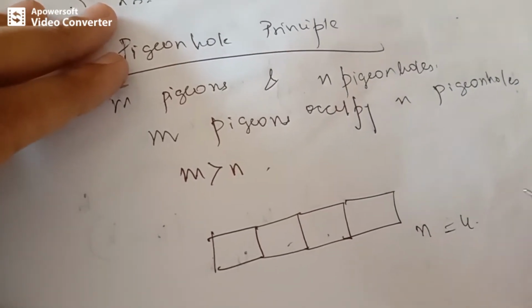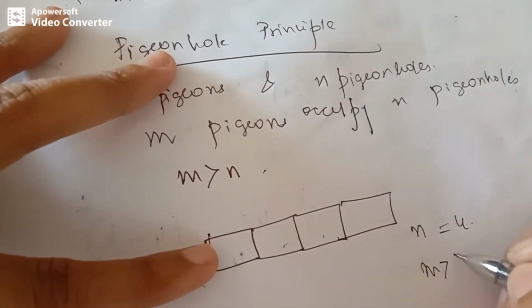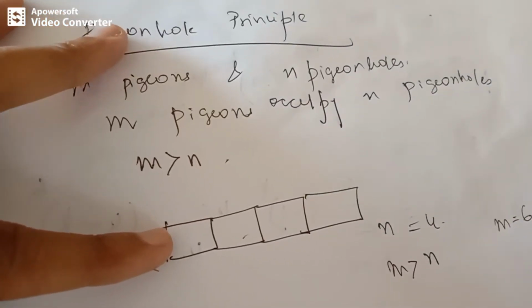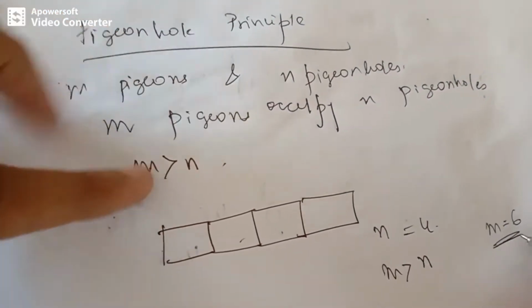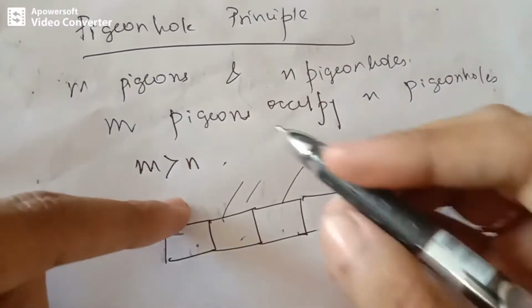If there are m pigeons, the m value should be greater than n, so let's take m equal to 6, for the time being. So if there are m pigeons to be occupied in these 4 pigeonholes, this